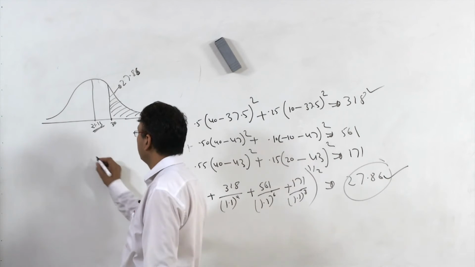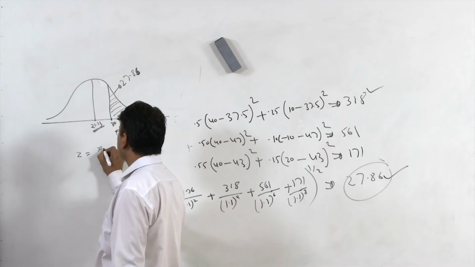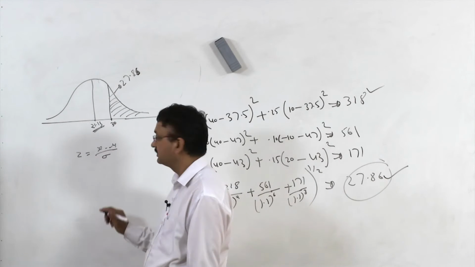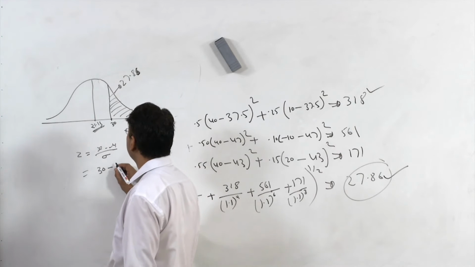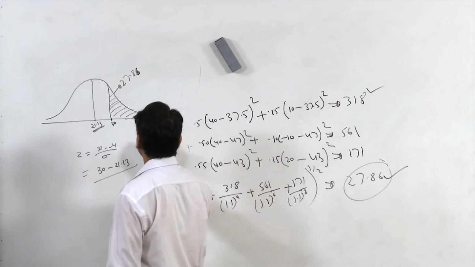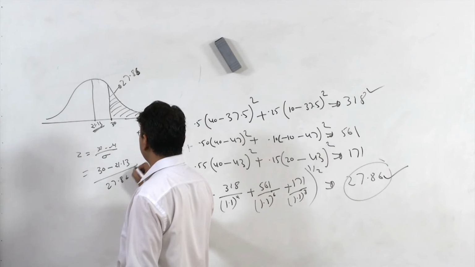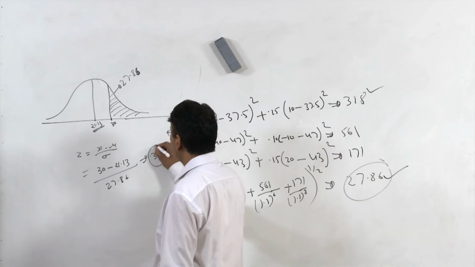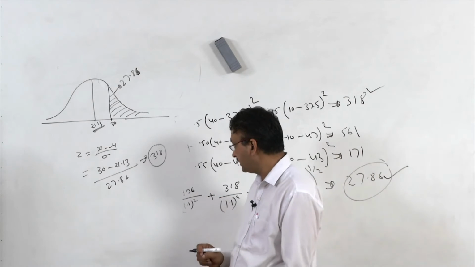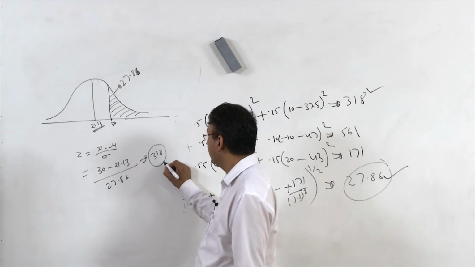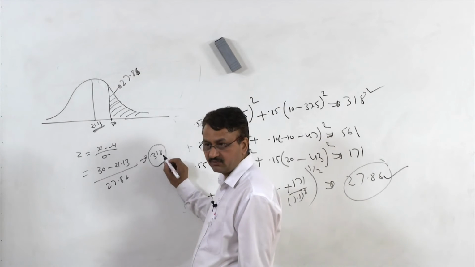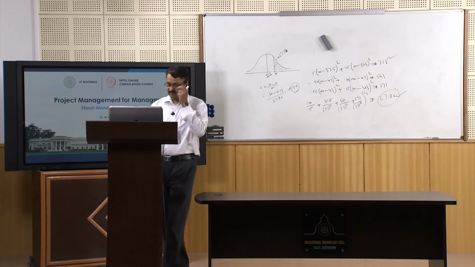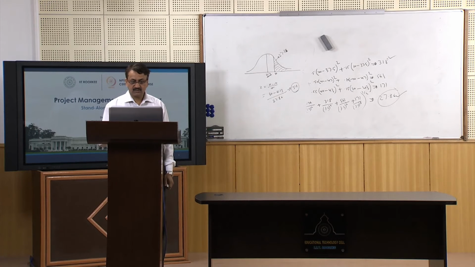So for that you need to calculate Z is equal to x minus mu divided by standard deviation. So x is nothing but 30. So 30 minus 21.13 divided by 27.86, this is equal to 0.318. Now look at the Z table to know what is the area under curve when Z is equal to 0.318. So let us look at Z table and area where Z value is 0.318,